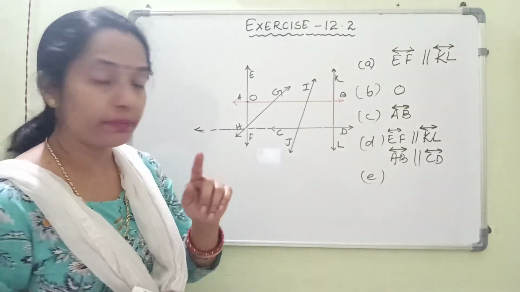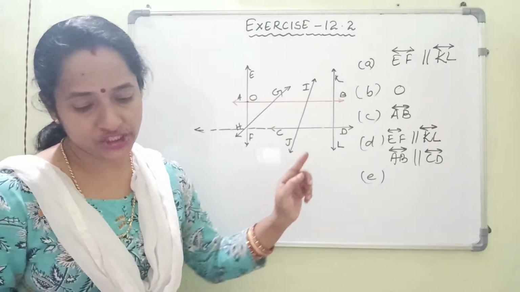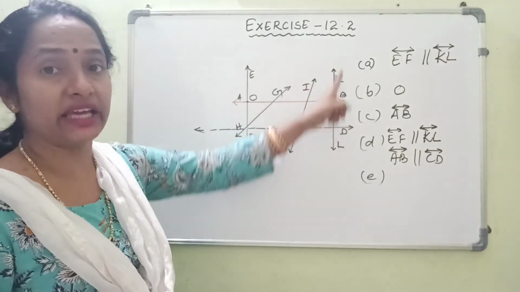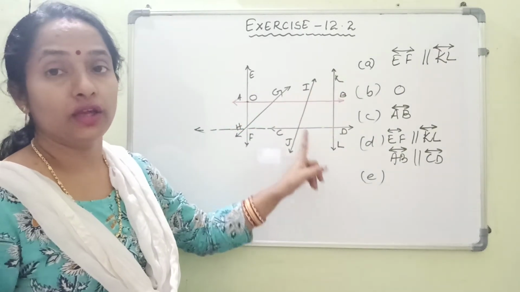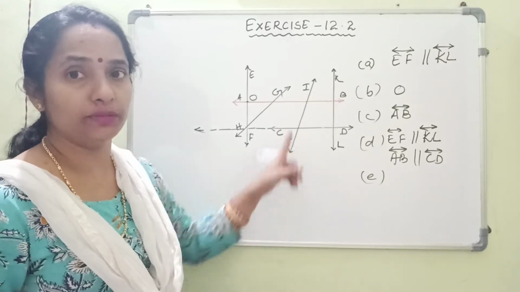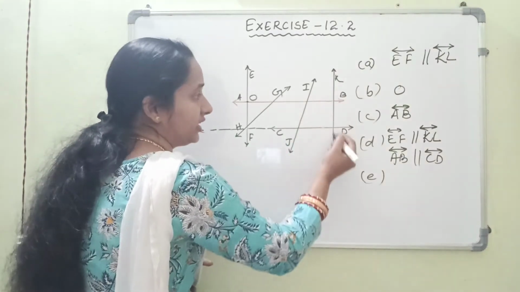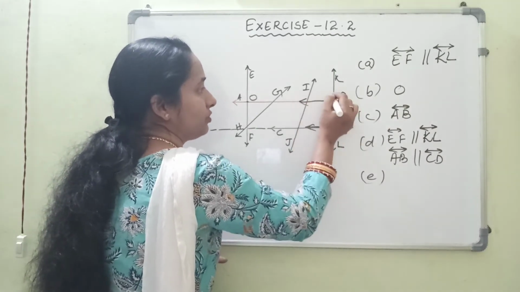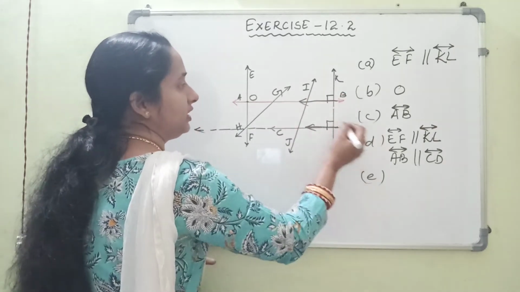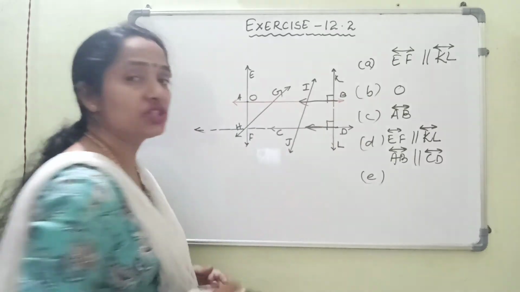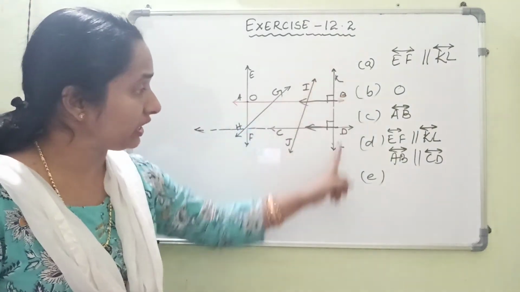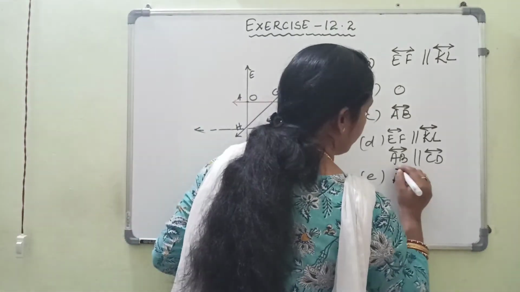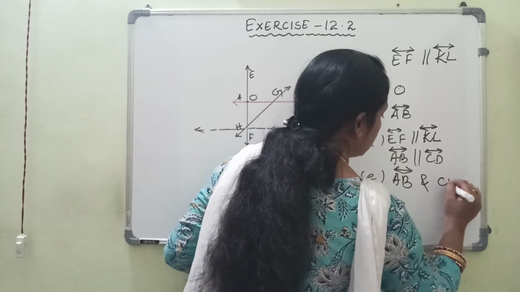Next we have question number E. Bit E is given. Dash and dash are perpendicular to KL. First go to KL. Where is the line KL? This is the line KL. Now you just see what are the lines that are perpendicular to KL. Observe the figure carefully. See, if this is the line, you will find that this line is forming a right angle and again this line is also forming a right angle. So this line is line CD and this is line AB. Which lines are perpendicular to KL? The line AB and CD are perpendicular to KL. So the answer is line AB and line CD.